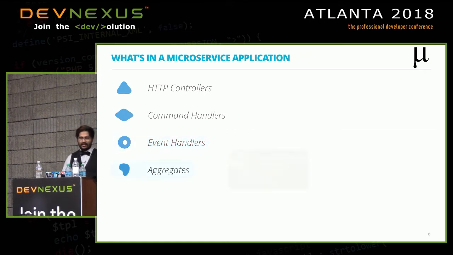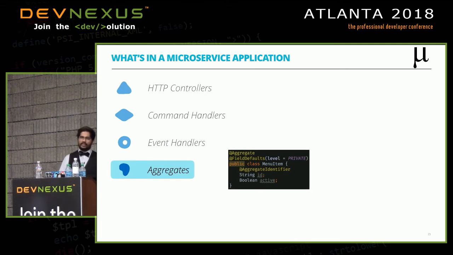The last thing is aggregates, not really crucial for this conversation, more for the CQRS folks in the room. So I'd quickly gloss over it. But the simplest way to explain an aggregate is probably to say that it is a business object which has state. So when a bunch of events have happened, like in this example, it is a menu item class. If you create a menu item and then keep updating it, an instance of this object will contain the latest state of where it is.